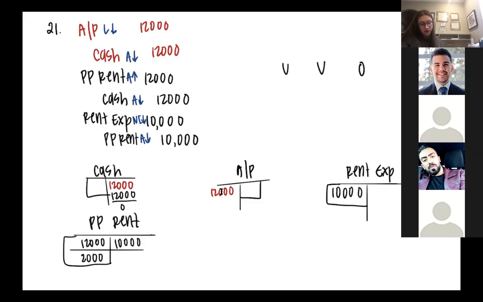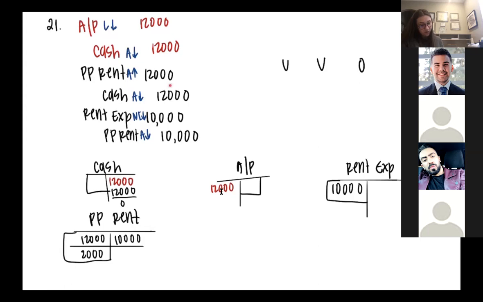Can we explain the assets? Yes. So they did the cash correctly, right? They credited cash here, and that's fine because they should have done it here, right? So those balance each other out. That's fine. But they never recorded the prepaid rent, which increases your assets, and they never credited their prepaid rent